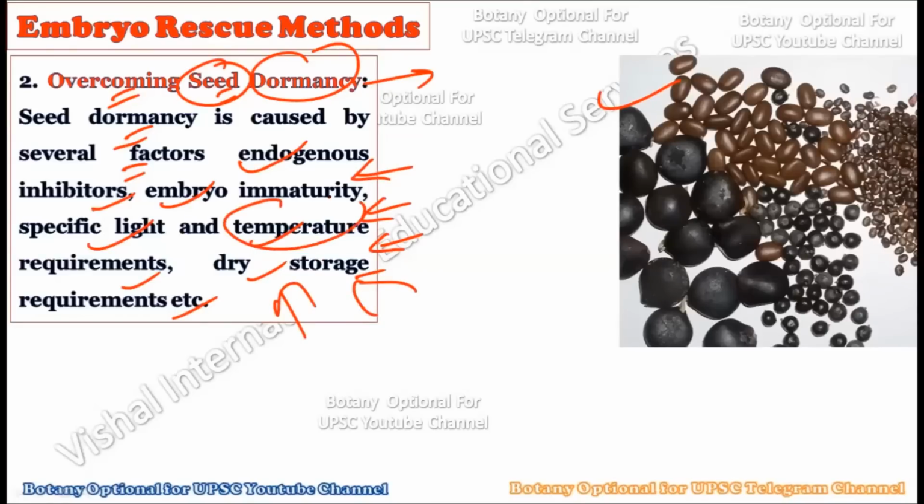So basically here temperature, light, and water are some of the factors which greatly affect the germination of seeds, because seed germination requires optimum water, optimum temperature, and optimum light conditions, and whenever all these conditions come together at one place, then there will be germination of the seed. If one of them is absent, then the seed will remain in dormancy, right?